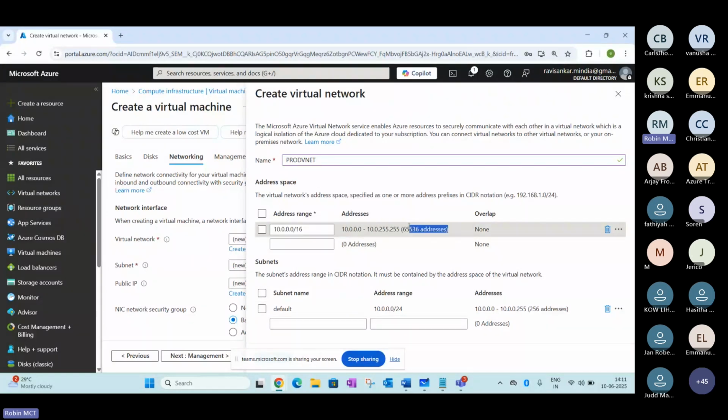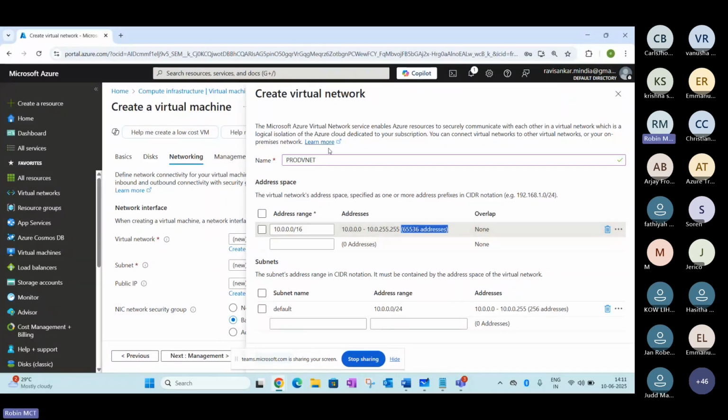That means the first client gets IP address 4, the second client gets 5, 6, like this it's been distributing. So if you use that approach, all the 65,000 will be part of the same subnet here. That's where the risk is involved.